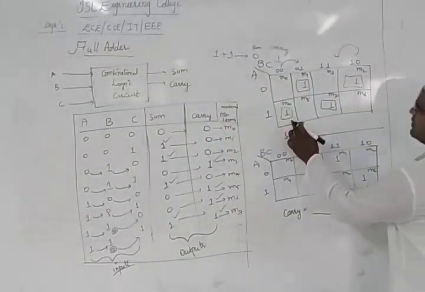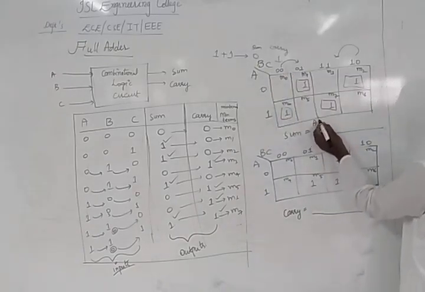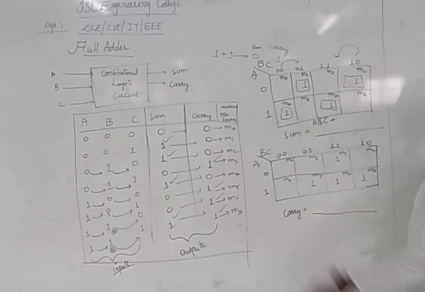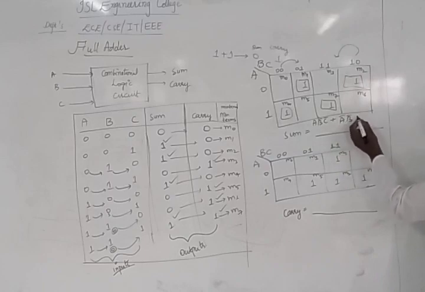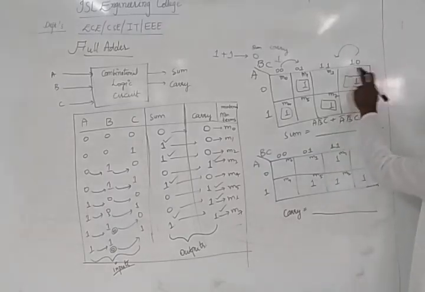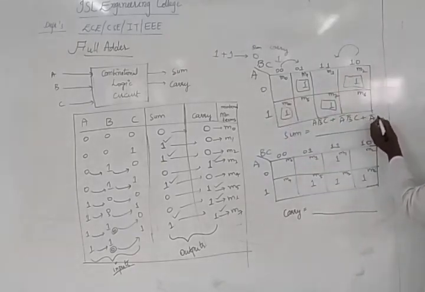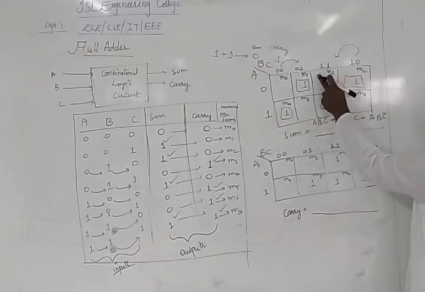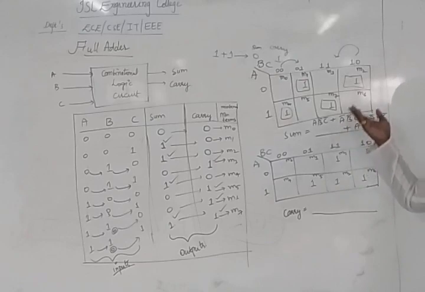So what is the output for this sum? Tell me what the 1 here indicates. It's A bar, B bar and C bar. What can I write for this? A bar B bar C bar plus, what is this value here? A bar B bar C. So A bar B bar C plus, what is this value here? A bar B C bar. A bar B C bar plus, what is the last value here? A is 1, B and C. So I can write it as A B C. I can mention it in this way. I'll try to simplify, otherwise you can write it down as it is. What is the simplification? I'll show you next.